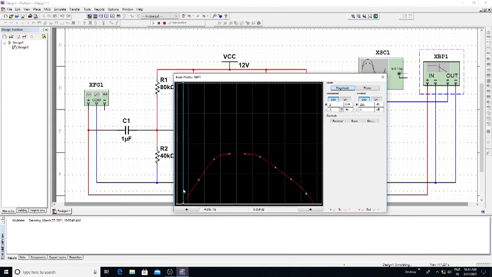Similarly, you drag this trace line to the next point: frequency 41.76 hertz, and gain 38.796 dB. Similarly, the next point: 404.281 hertz with the gain of 74.183.